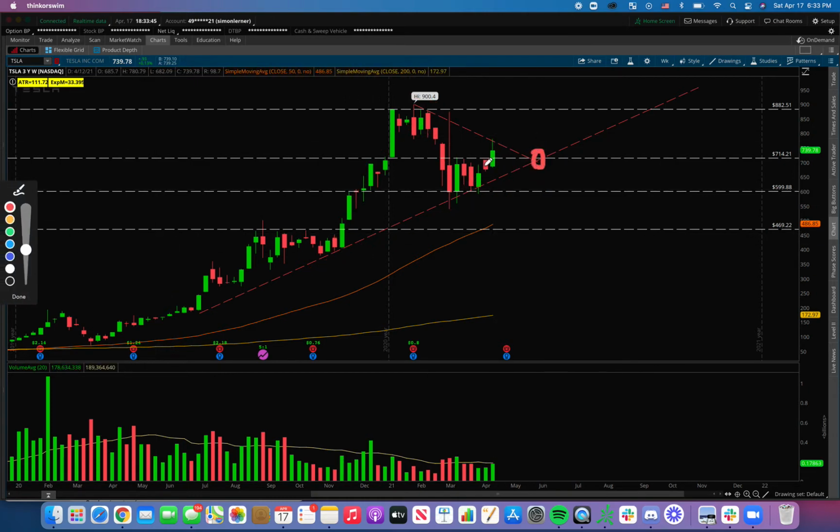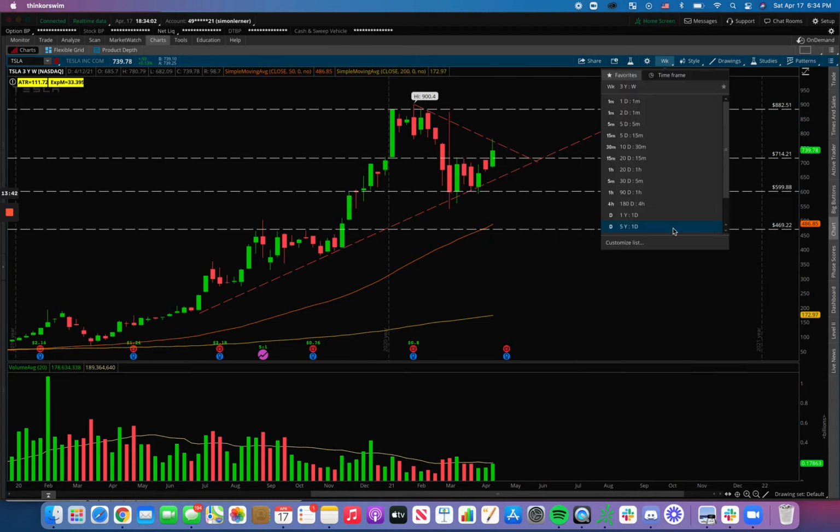Whenever we start approaching this level, I want to see if this price wants to move higher and break out, or does this price start getting rejected, there's not enough buying pressure, and we maybe sell off, right? So there's two scenarios. Now this is pretty much my analysis on a weekly chart. After we have completed that and we've established our support and resistance levels, we want to make our way onto